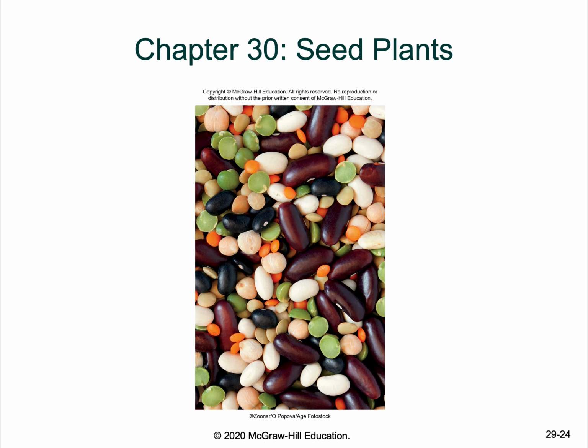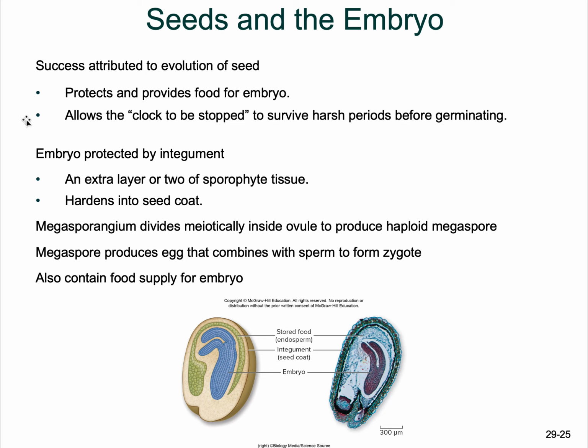So let's go ahead and move on to Chapter 30, which is seeded plants, plants that have seeds. So these are going to be plants that don't have spores, they have seeds. They're very successful plants because of the seed. We mentioned earlier they have a seed coat, and so that allows it to be protected a lot better. It could survive harsh periods, like extreme drought. It's not until it has its needs. It just needs a little bit of water and then it can actually germinate. But if it doesn't have that little bit of water, it won't germinate, but it's still alive. So having a seed and a seed coat has really been successful for seeded plants.